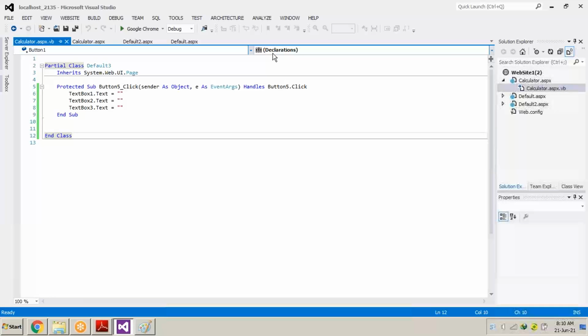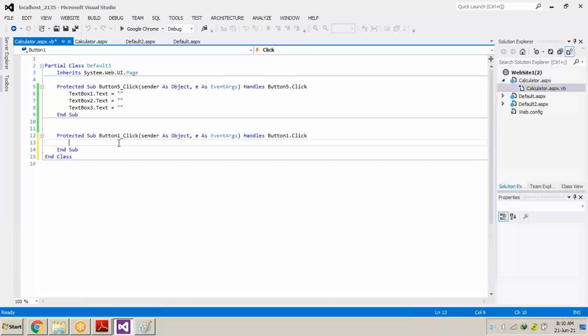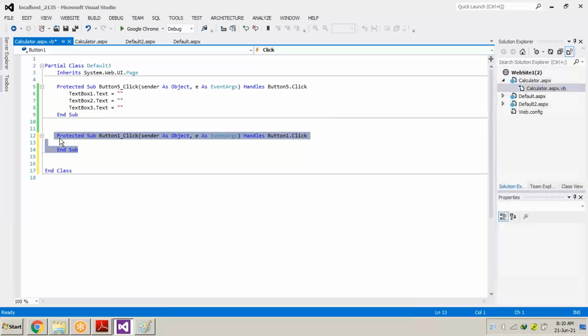Now remember, the first text box is text box 1, in which we will be writing some number. The second text box is text box 2, in which we will be writing some numbers, and in the third text box, which is the result text box, text box 3, we won't be writing anything. Rather, we will be clicking the plus button. We have to bring the result in the third text box, so we will write